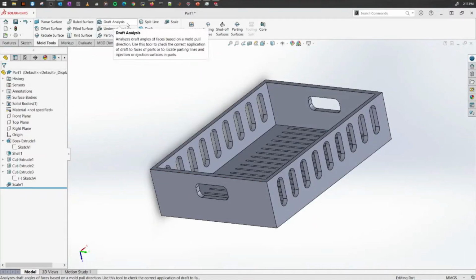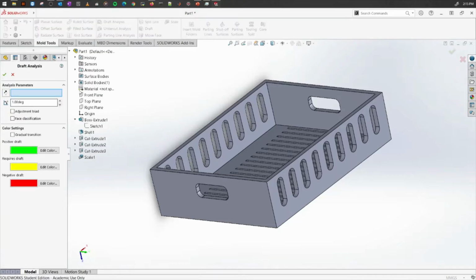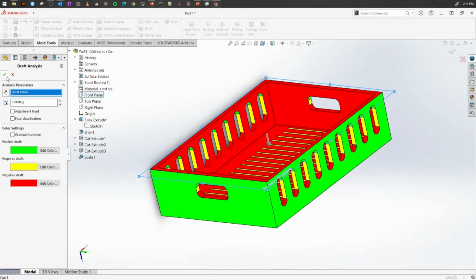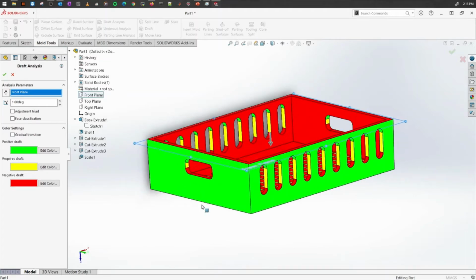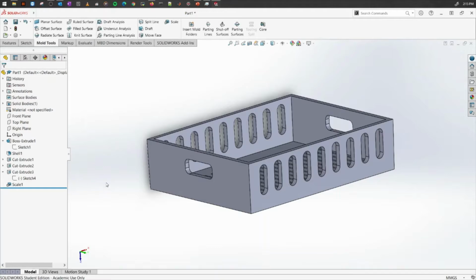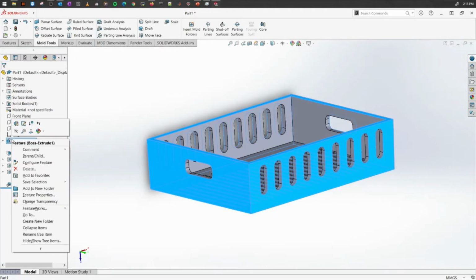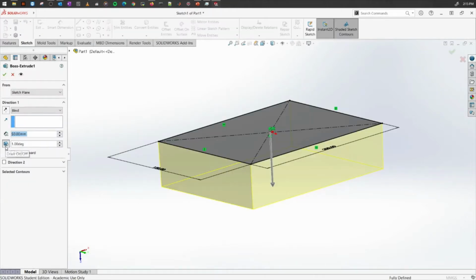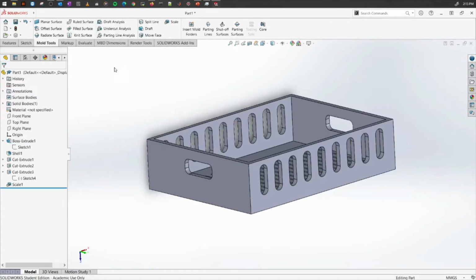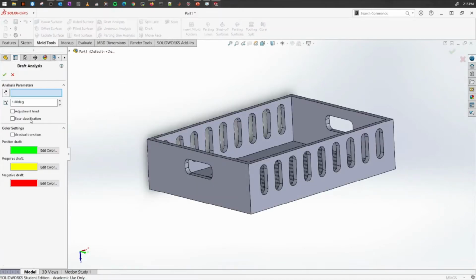So draft analysis is used to identify where we need to add different drafts, right? And in a previous video we corrected this angle from the code itself. So basically we edited the base feature. Let's undo that step. Okay, so we're going to turn off the draft angle, and now if we do the draft analysis,